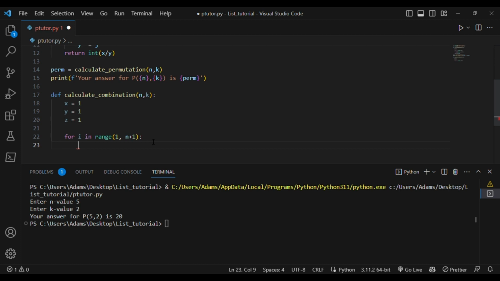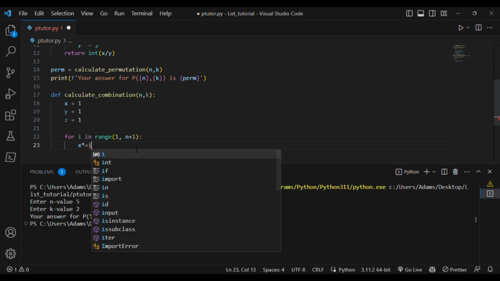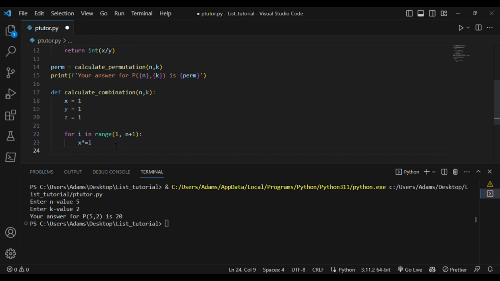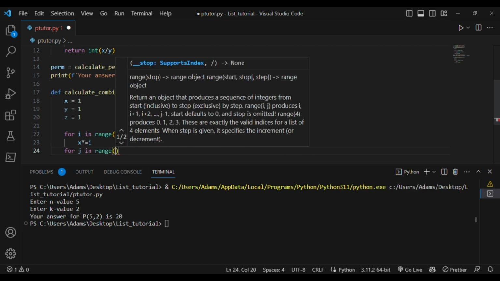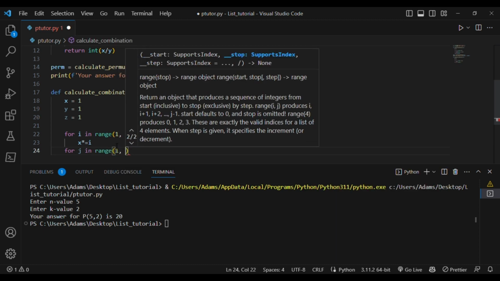I want to put everything in variable x. So I'll say x times equal i. I'll do the same thing for y. I'll say for j in range of 1,